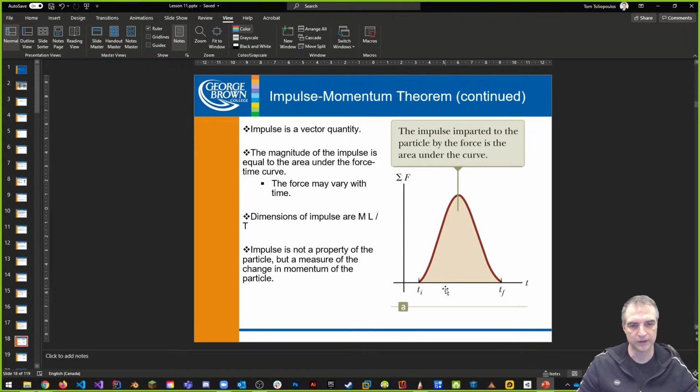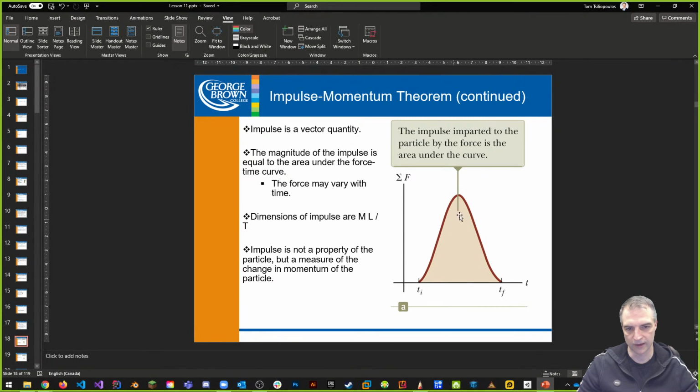If I'm speeding up, this force-time curve is going to look very different. Here we can clearly see that in the beginning, at initial time, we have an increase in the amount of force being used. Why? Because we're accelerating. As we're accelerating a particle into its peak, we can see there's more force being used over time. And then we're decelerating. Notice I said accelerating and decelerating. Why? We're talking about force, mass times acceleration, and that's what I'm doing here.